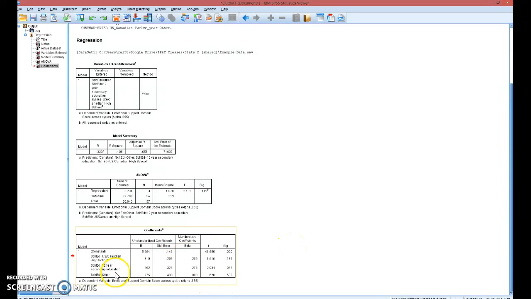On the other hand, if you received a 12-year secondary education, the p-value associated with this term is 0.047. I would reject the null hypothesis. It appears that those teachers have about half a point lower emotional support than those who have a GCE. Those who have others are slightly higher, but that difference, that deviance, is not statistically